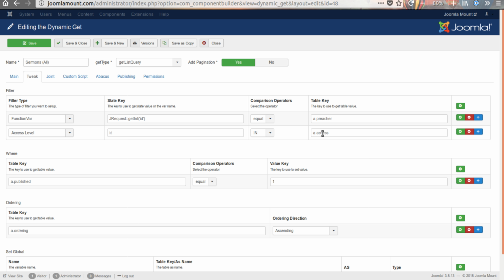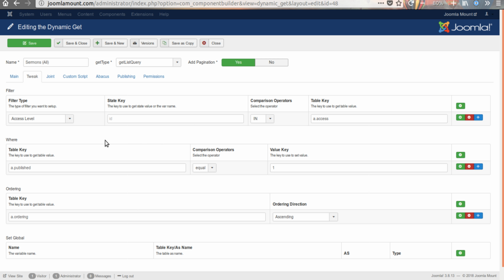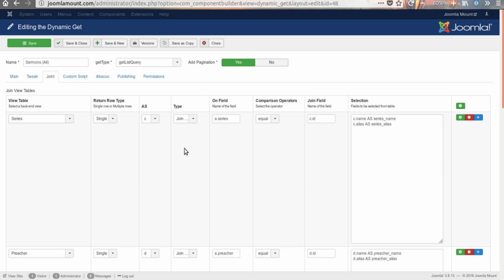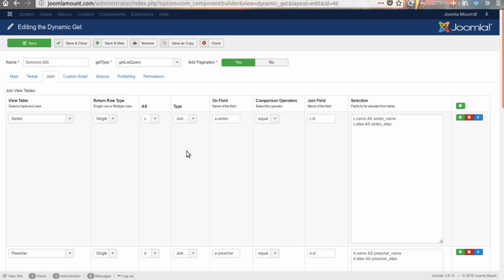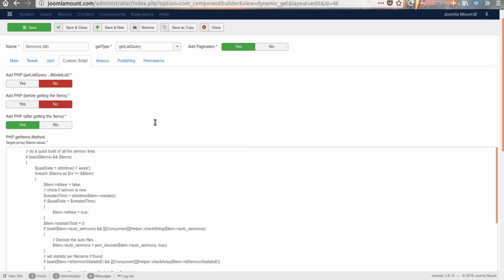I am going to just remove this one for my purpose. We can look at the joint options, and they seem okay. I'm going to leave them that way. And then the custom scripting,